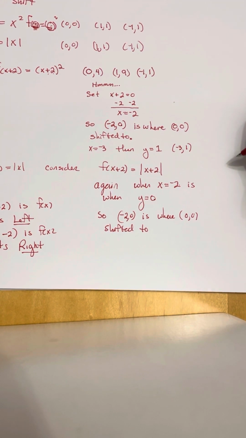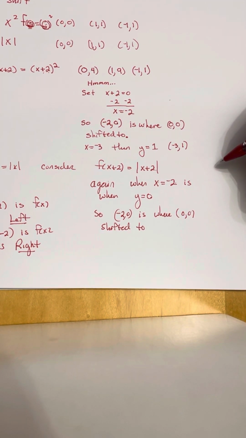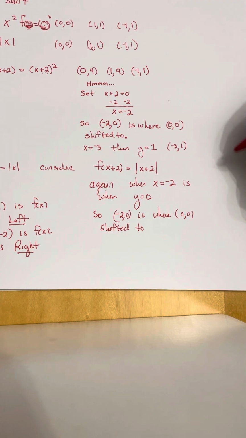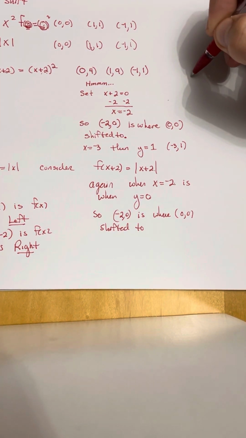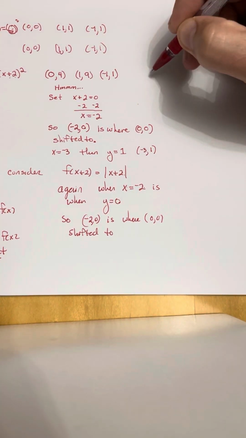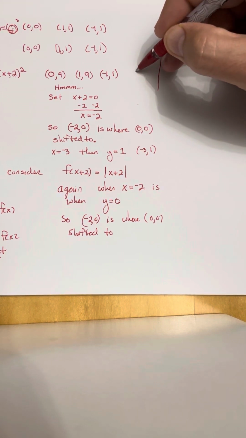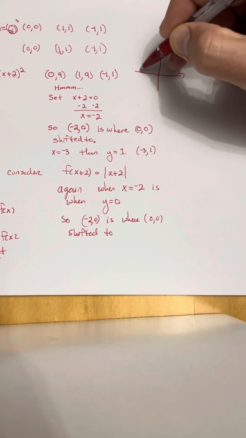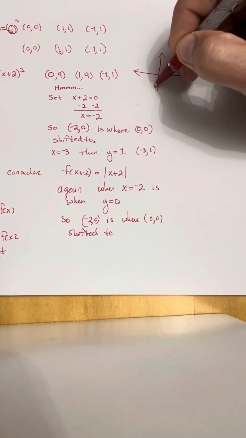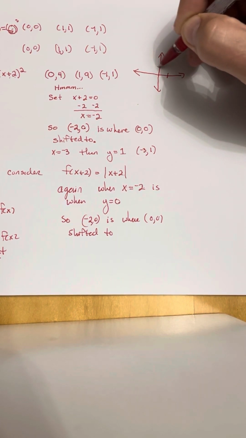Now, I'll try and sketch what I'm saying for the absolute values. And see if I can't move this over. There we go. So forgive me, a little bit off kilter here. So here's 1, 1,